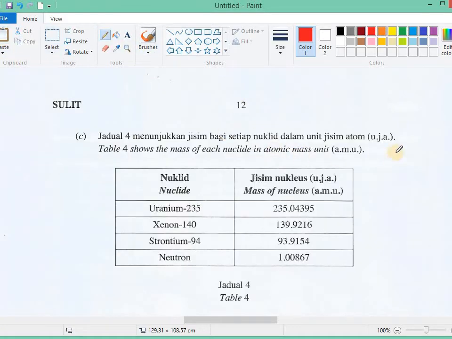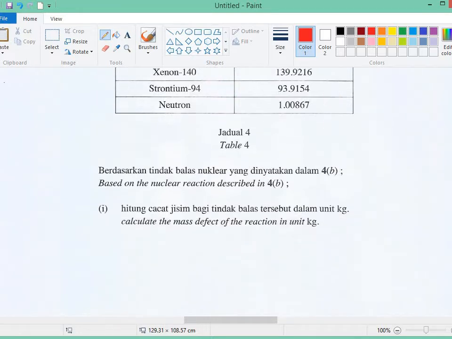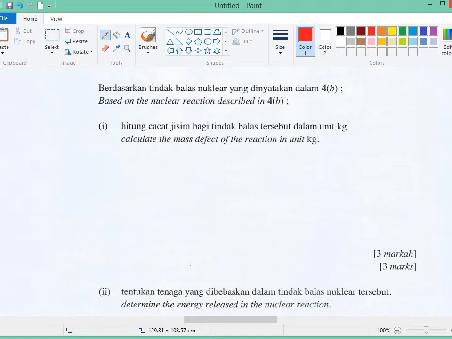Okay, next. Table 4 shows the mass of each nucleus in atomic mass unit. So this is uranium-235, the mass in atomic mass unit, xenon, strontium, neutron. Okay, so calculate the mass defect of the reaction in unit kilogram. Okay, so the mass defect is